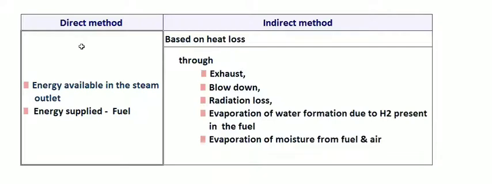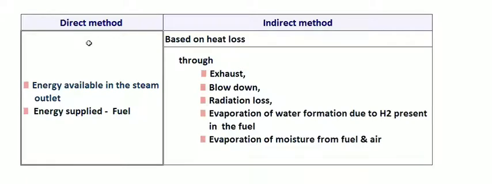What is the drawback in that? We can't identify the individual losses by this method. But we can find out the efficiency of the boiler easily, within a minute, within seconds. That is the advantage of this direct method, because we only need to know the steam flow rate. That we can directly see in the control room or in the field, and the enthalpy of the steam we can take from the steam table. The calorific value of the fuel we know, and the mass flow of the fuel also we know. So we can directly find out the efficiency.